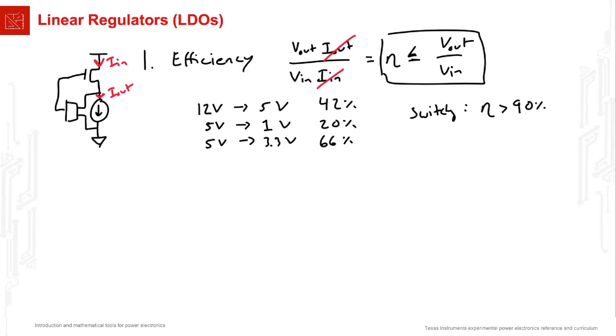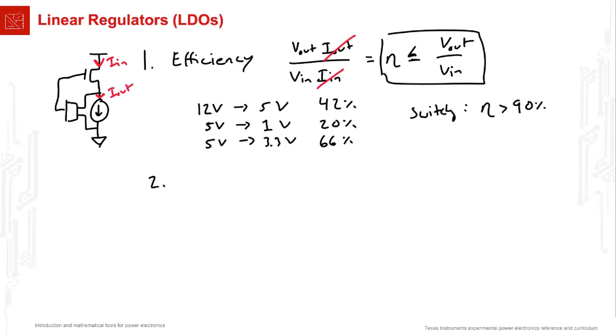And even though a linear regulator is a very cheap and easy thing to implement, it's just a transistor and a very basic control circuit, the low efficiency of the LDO means you might have to put a very large heatsink on it, which ruins its size advantage and can ruin its cost advantage as well. So linear regulators are best reserved for very low power applications where the heat doesn't matter very much and where the efficiency doesn't matter very much.